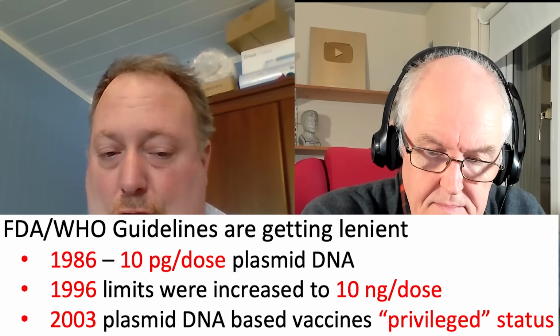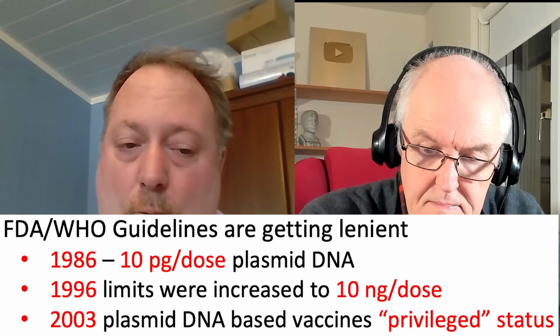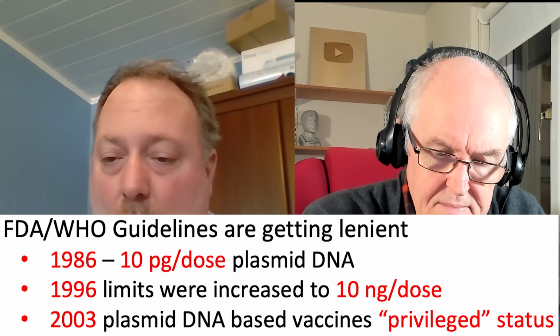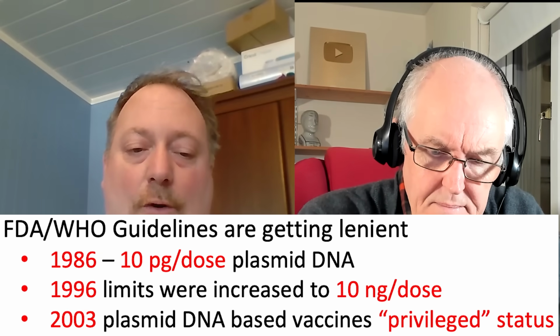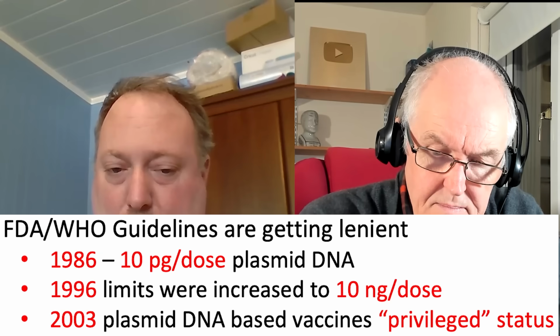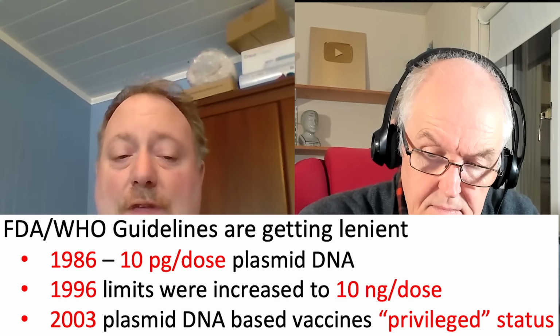Yes. And so in 1986, the guidelines were 10 picograms per dose, and that was increased in 1996, but based on speculative calculations, to 10 nanograms per dose. But again, this is for naked DNA. For naked DNA. And in 2003,